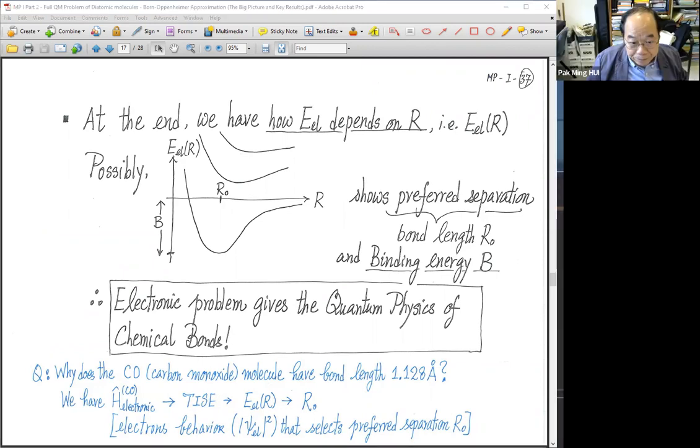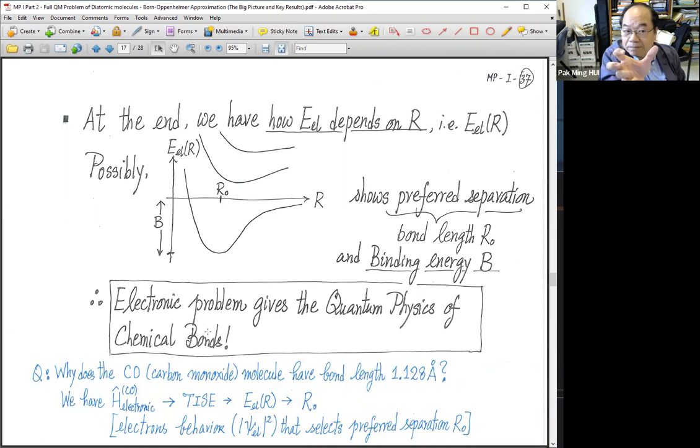So now, let's move on. Now it is kind of the first time we see how quantum physics or quantum mechanics is at the heart of understanding bondings. Okay, it is this particular story, solving the electrons' Schrödinger equation for different